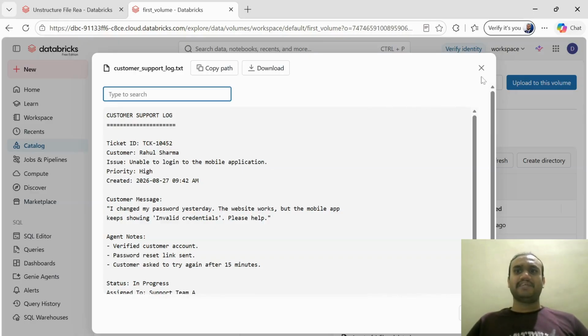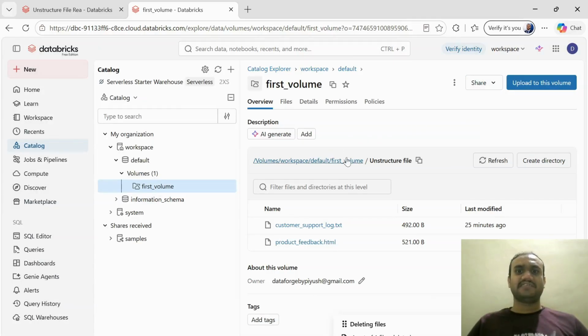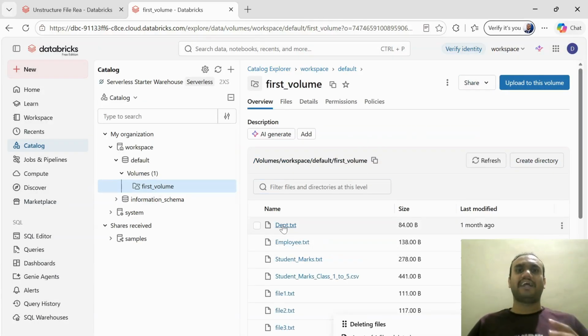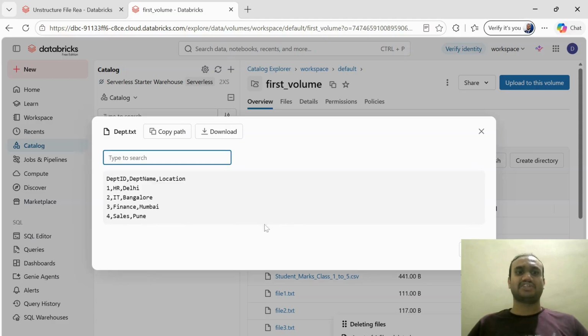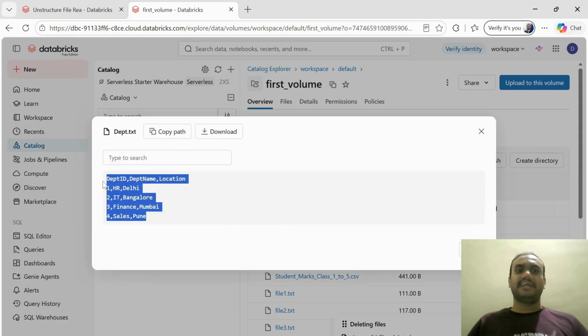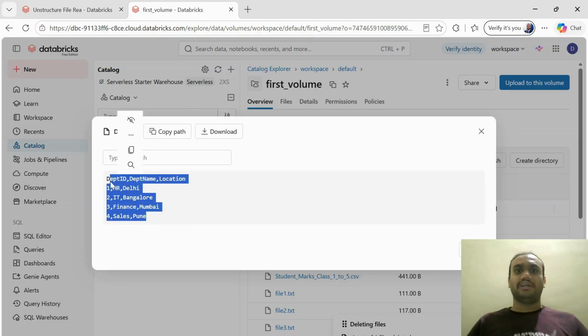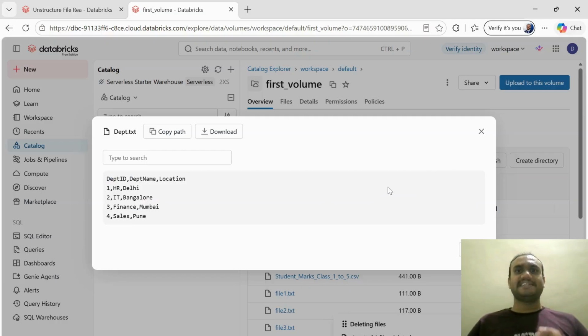In our previous files, our CSVs, those kinds of files had a defined schema, a defined file structure. The file contained a fixed number of columns and rows. So this was the structured file. When you have a defined schema in a row and columnar format, that is called a structured file.